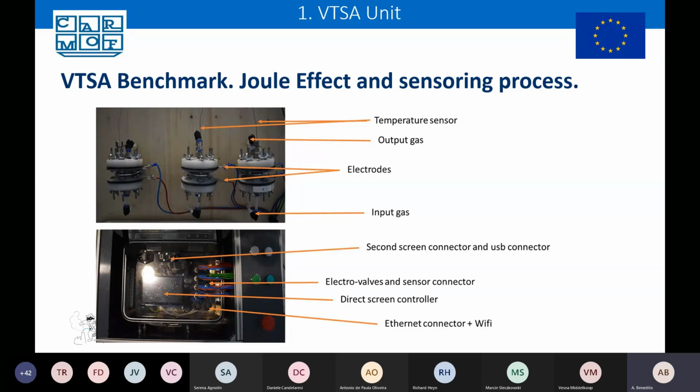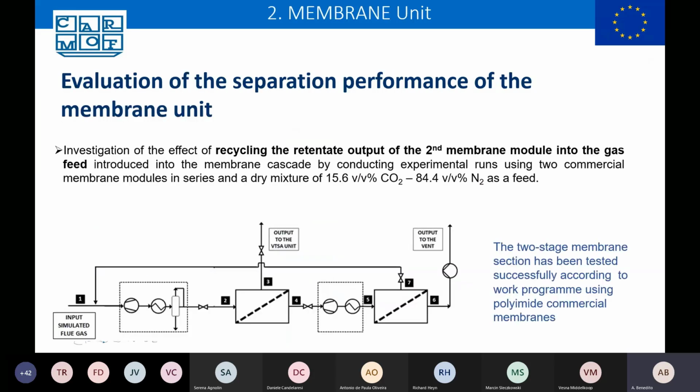Of course, as you can see in the bottom photograph, all the sensorization and control system has also been prepared and installed to control the sorption and desorption process and the cycles, thinking, of course, of the further pilot plant demonstrator scale-up. Then, this is basically the development of the BTCA unit, but in parallel, we have worked